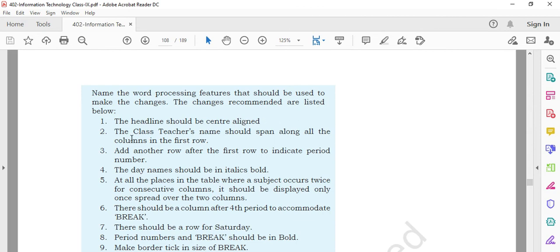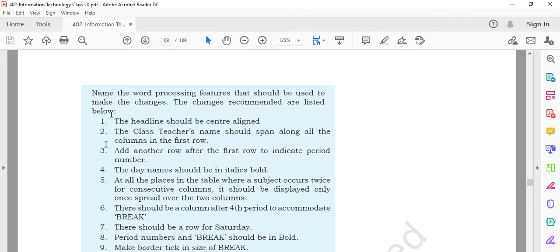The class teacher name should span along all the columns in the first row. Add another row after the first row to indicate period number. For that, which feature we have used, mention that. Go through all these questions, write the answers and send them to me.